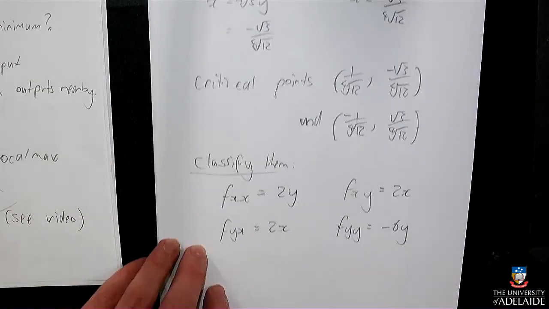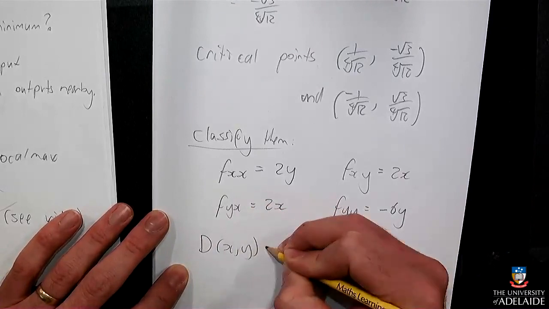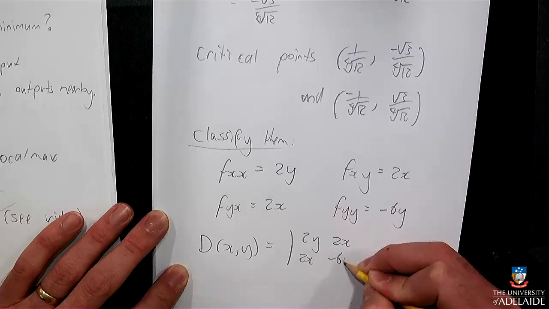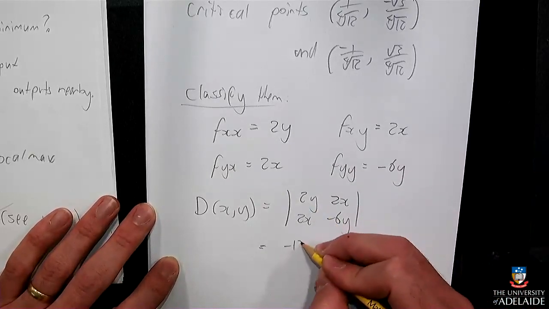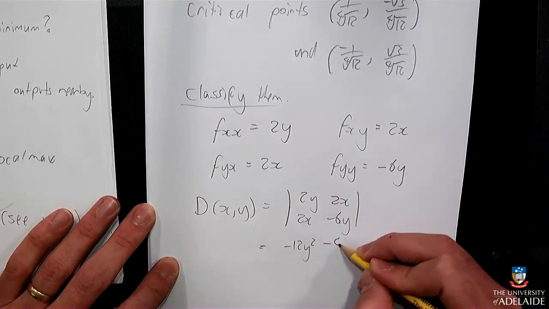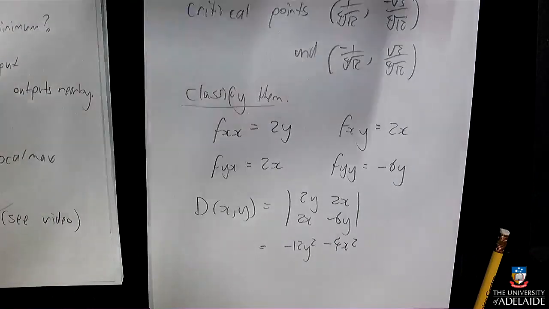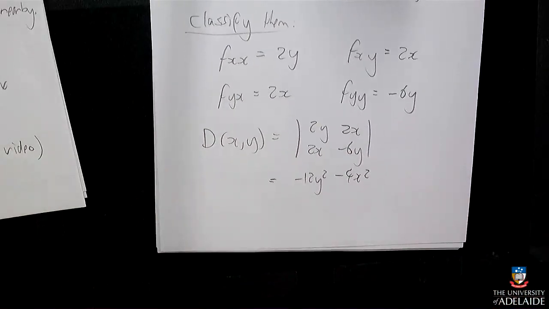So these are our 4 second derivatives, and so my discriminant at xy is the determinant of this matrix. So I get minus 12y squared and minus 4x squared. I don't even need to sub anything in. That's always negative no matter what x and y are. So I don't have to do anything for that one. That was lucky. They're both saddle points. But just for completeness' sake,